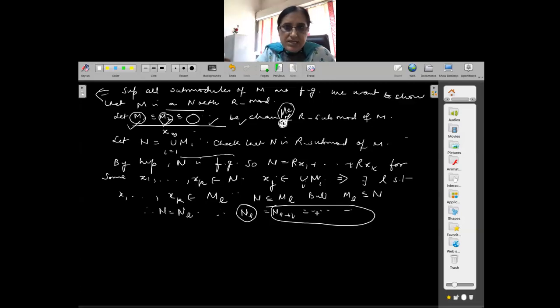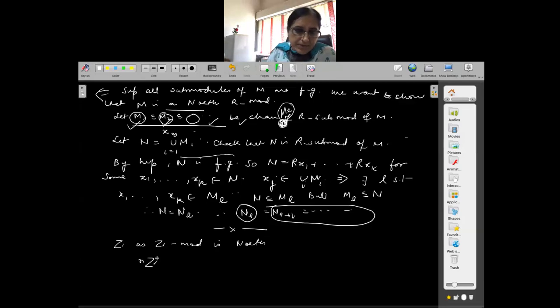At certain places it is easy to see that every submodule is finitely generated, and therefore you can see that this module is Noetherian. So as you said, Z as a Z-module is Noetherian, because submodules are just nZ, which are finitely generated. Therefore, it's a Noetherian module.